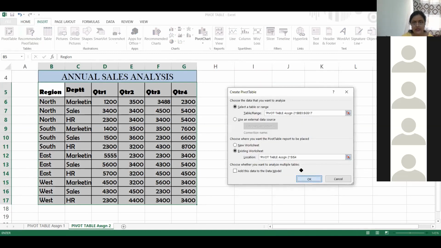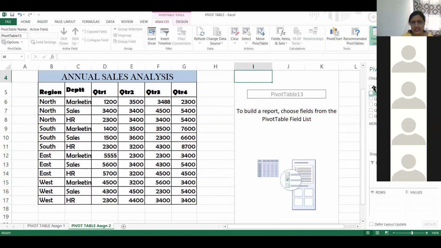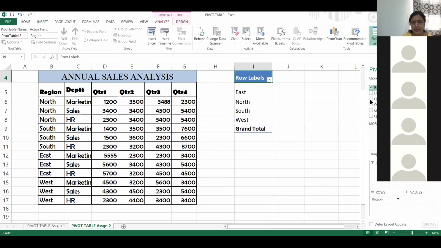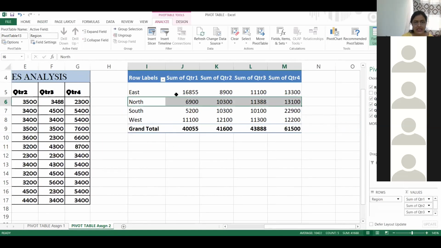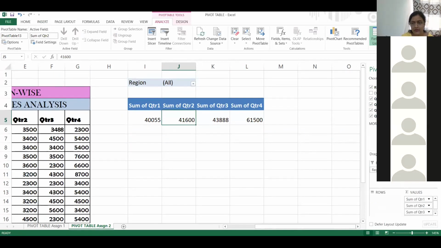Now, suppose I want region wise quarters sales. It is showing me region wise, quarter wise sales. So you can place your data in any way. What you can do is also place your data here, and in the filter, what is the use of filter? We are seeing now that not everything is shown, only limited regions can be seen.